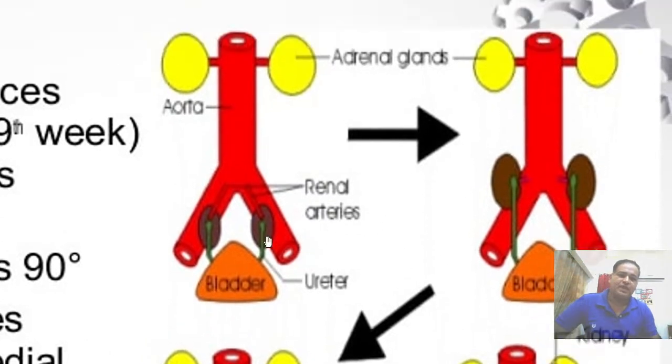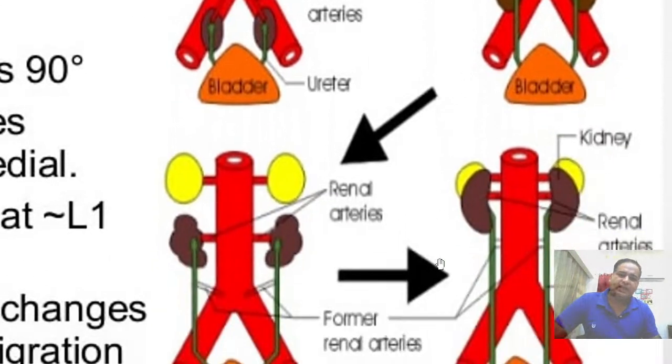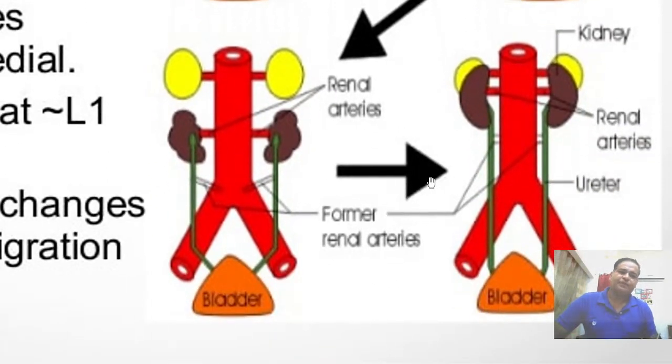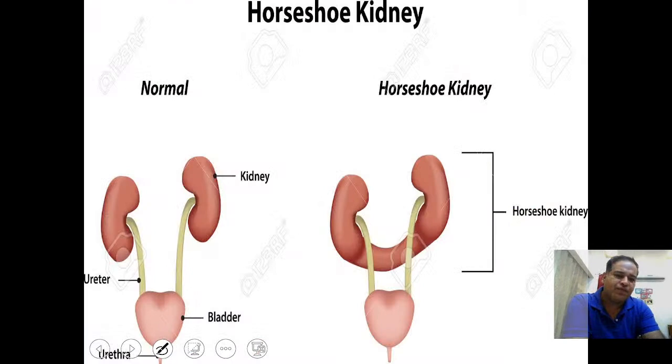You can see the kidneys ascending up. So they form in the groin area and then they ascend up separately. Now what happens is horseshoe kidney occurs because of fusion of the kidneys. Naturally, when the kidneys are fused,